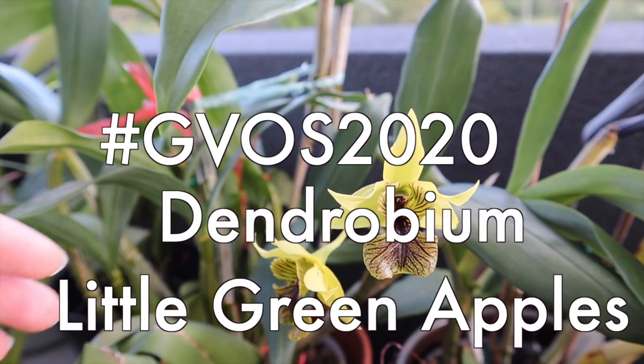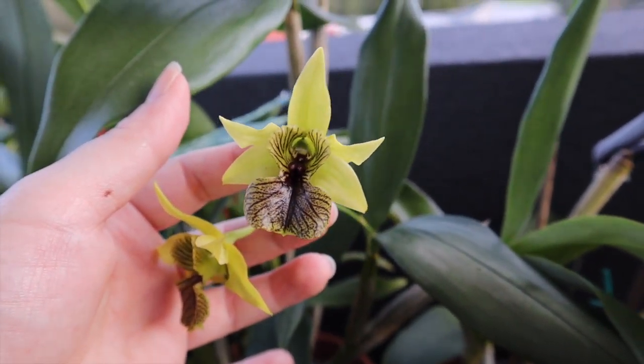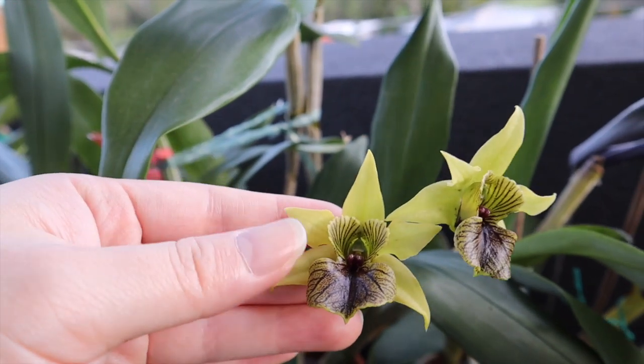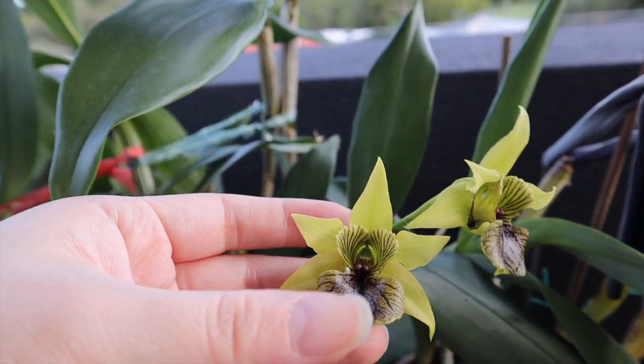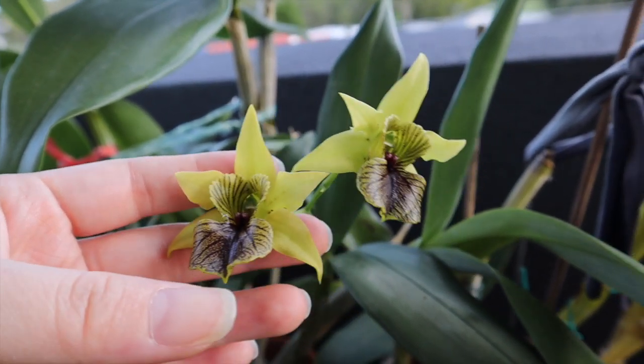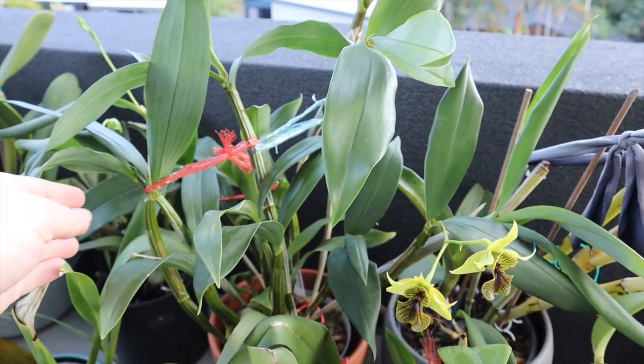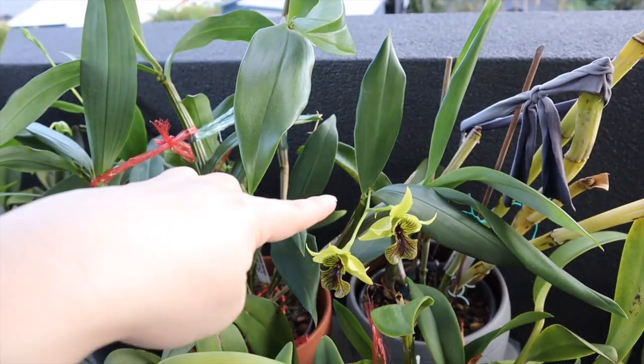And in front of us we've got Dendrobium little green apples, a regular in my collection. She's just got two blooms that have just opened up and they are just gorgeous, glossy little flowers. It's a Latoria type Dendrobium. And you can see it's growing into quite the big plant, and even though it's just got the two blooms